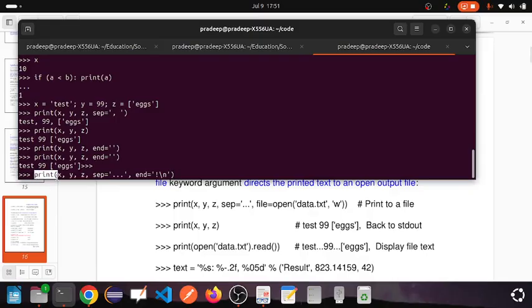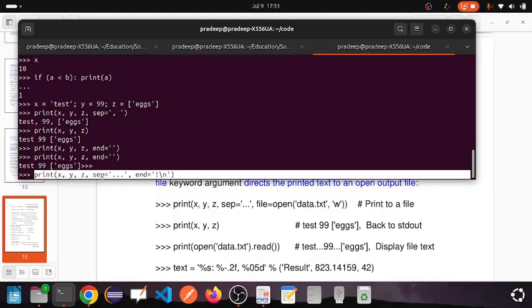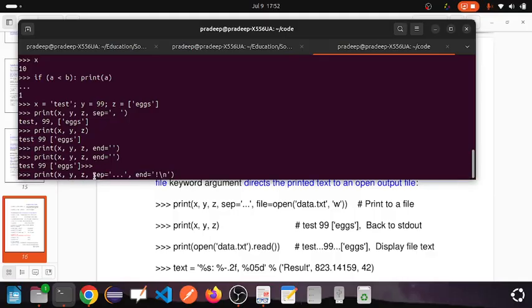Again, I am writing a statement: print x, y, z, sep is equal to three dots enclosed with single quotes, which means this is a string having three dot characters. Sep is equal to three dot characters means print values of x, y, z and separate those values with three dot characters. And after printing values of x, y, z, end with, you see, the parameter end is equal to this string